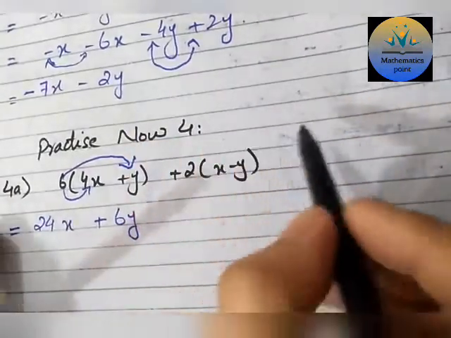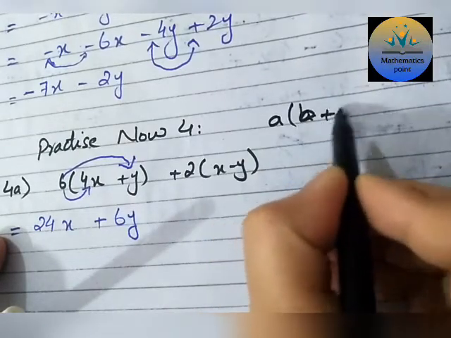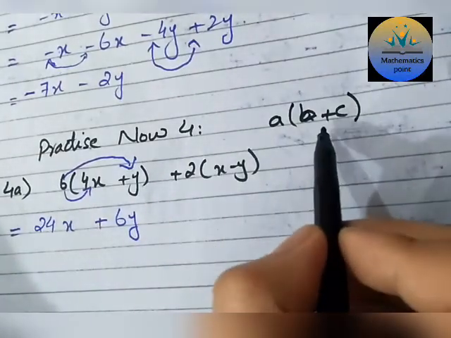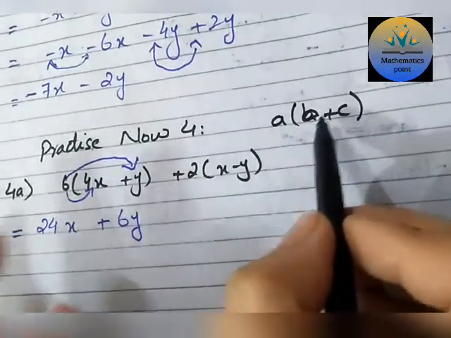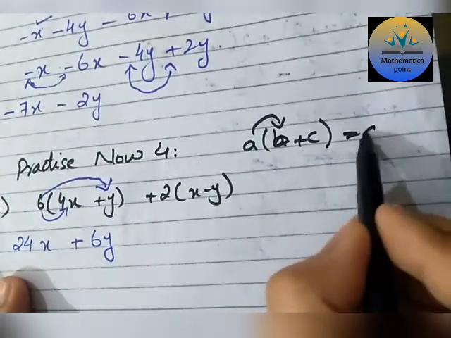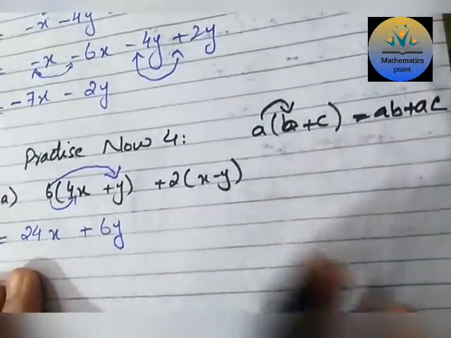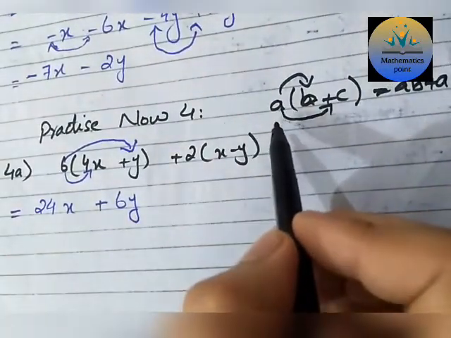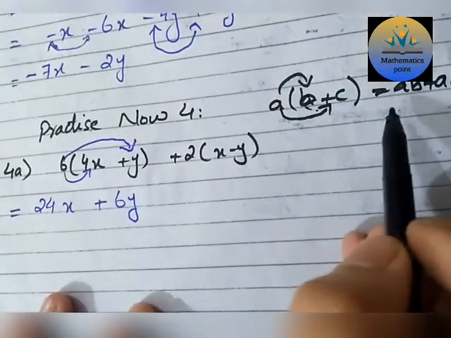So distributive law is, whenever we have a(b plus c), it is not only about two terms inside the bracket, rather 3, 4 and so on, whatever the terms will be, we apply the same method. So a will be multiplied with the first term, ab, and then ac. This is our distributive law: one by one the coefficient or term outside the bracket will be multiplied with all the terms inside the bracket.